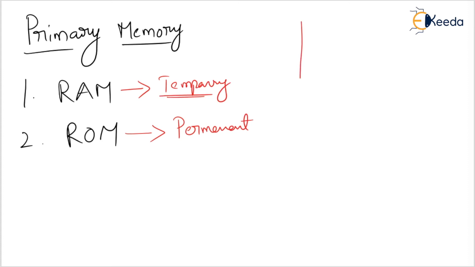But now we have pen drives and floppy. In the previous days we used floppy, CD drive, DVD drive, and hard disk. Now we have a number of devices. CD and DVD drives are outdated. Now we use pen drives and hard disks. Yes or no? In this whole subject, when I talk about memory, you should know only about RAM and ROM.